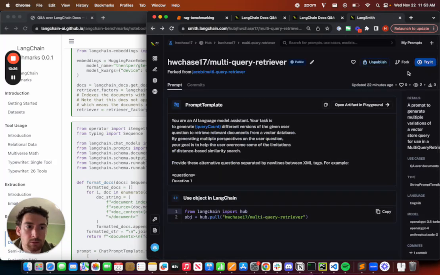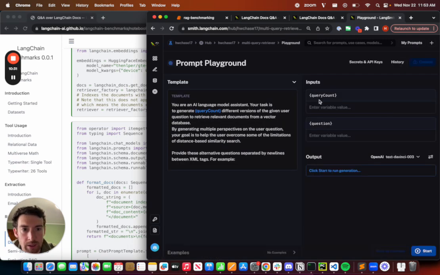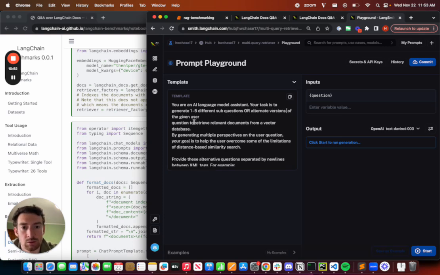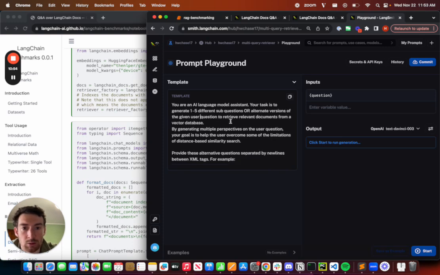What I did was I clicked the fork button and then saved it as my own. So now I want to modify this a little bit. I also think there's some weird indentation in this prompt. So I'm going to say I want to generate 1 to 5 different sub questions or alternate versions of a given user question to retrieve relevant documents from the vector database by generating multiple versions of the same user question,